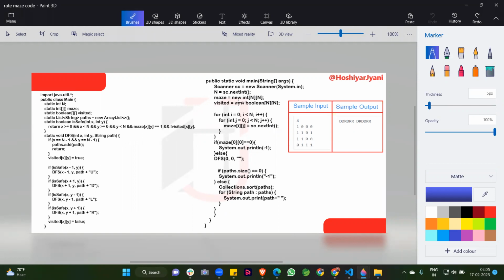After the maze is created, we are creating a visited Boolean array of size n by n. Why am I creating this matrix, guys? Because when we come to this position 1, after coming to this position I mark that I have visited the 1 position. After that, when I come to this position, I mark that I visited this position, to avoid revisiting and overlapping paths again and again. So that's why a Boolean array is also present, for checking whether we have visited a position or not.